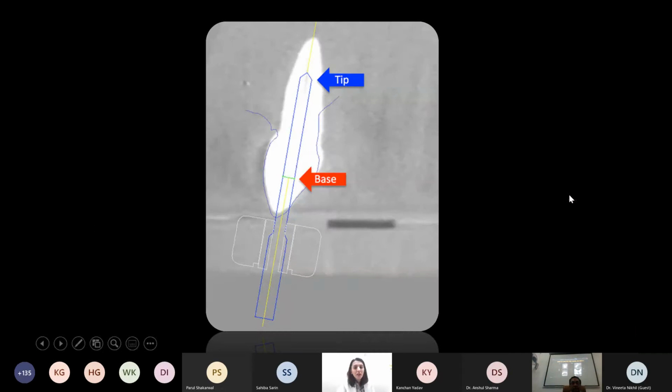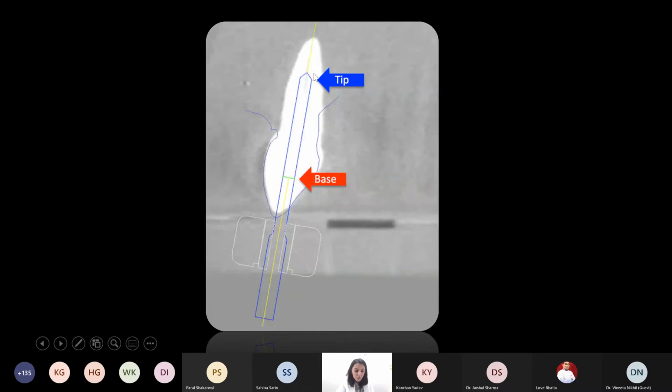After you've located the canal on the CBCT, now comes the next part, which is you have to create a virtual drill path, or the virtual path for your drill. The software that we are using, Co-Diagnostics, allows the creation of the virtual image of the burr that we are going to use. In this picture, this is your target point, the point where the canal is found. In this case, it has been found in the apical third, supposedly.